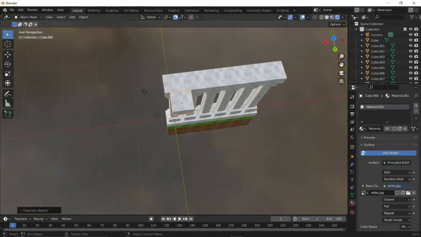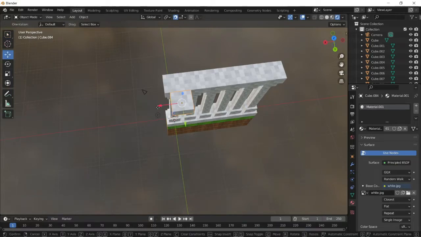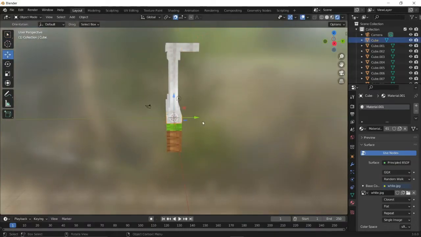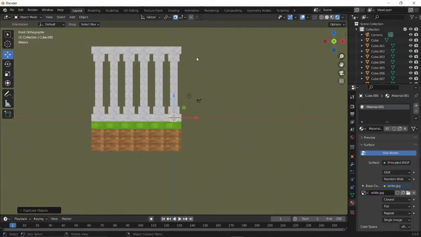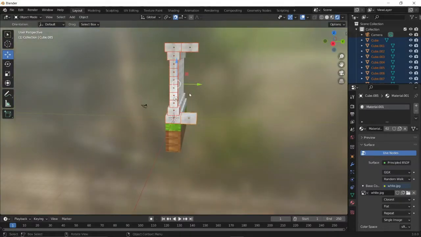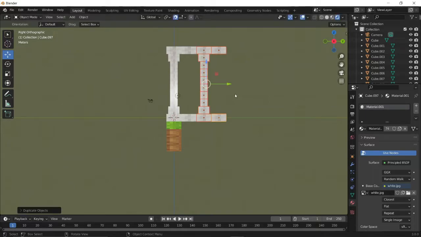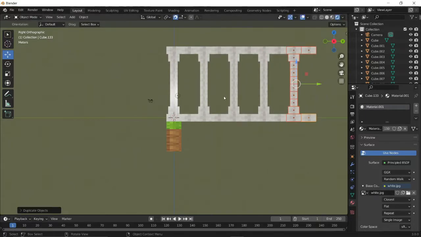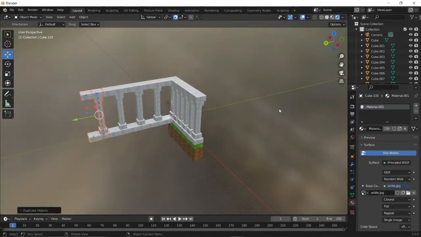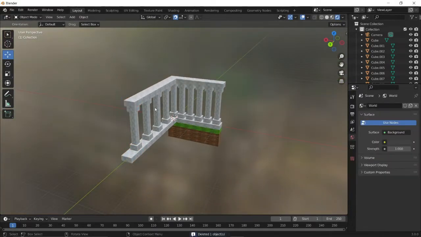Just duplicate a single block. Just wait and see. I use Shift D every time. The shortcuts for camera angles are 1, 3, 9, and 7 on the numpad. They will be helpful to you.